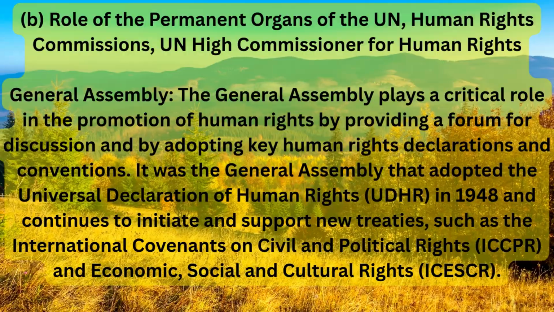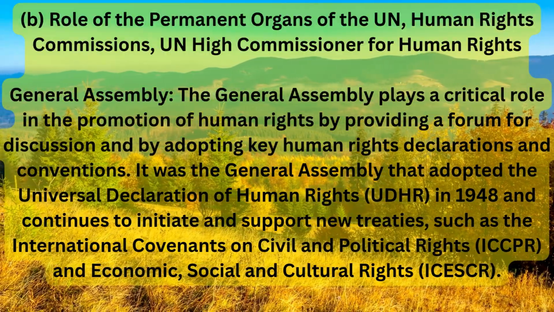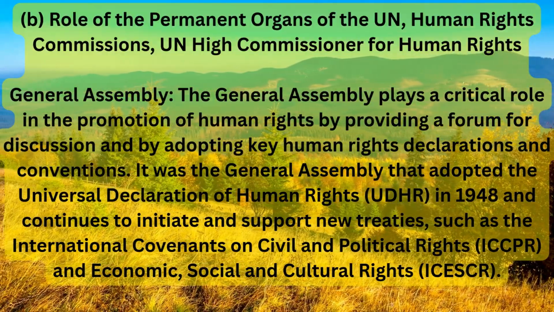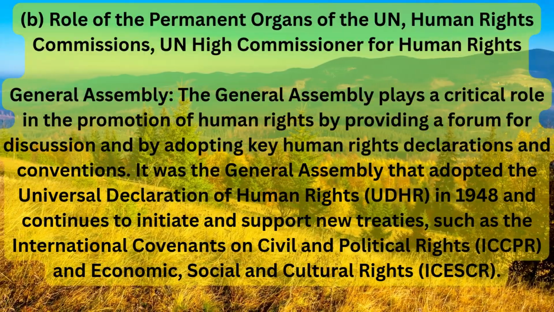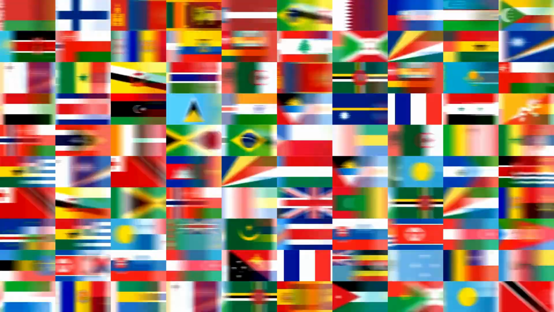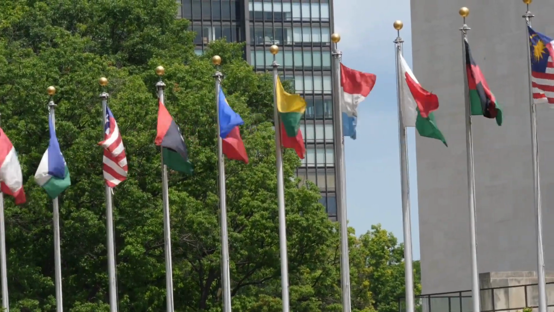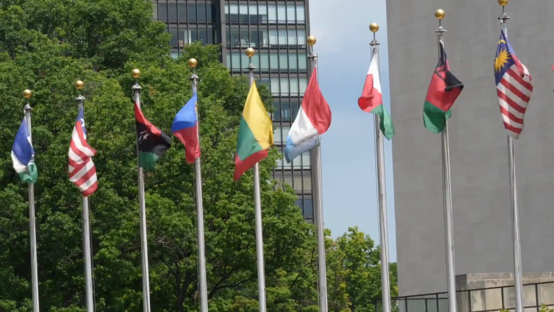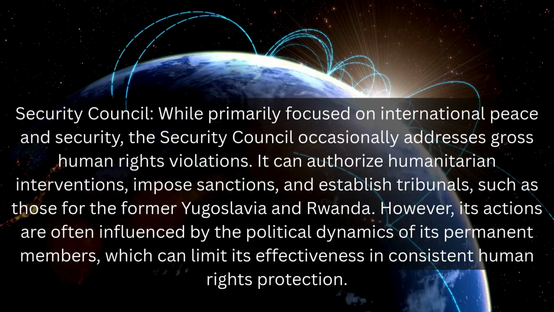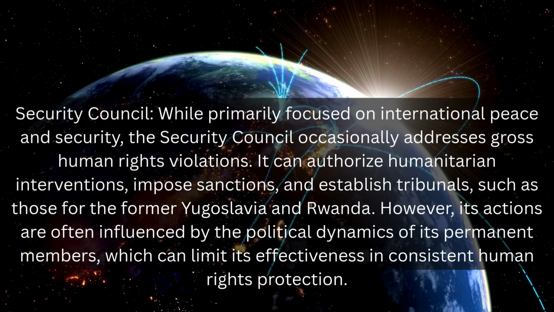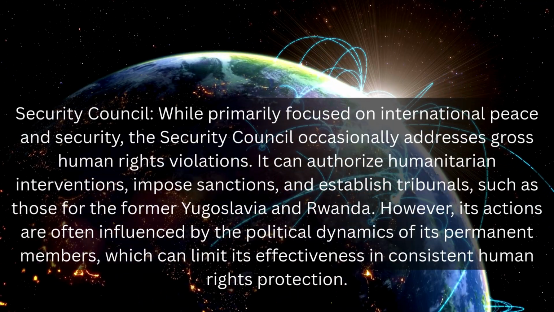monitoring and enforcement. B. Role of the permanent organs of the UN, Human Rights Commissions, UN High Commissioner for Human Rights. General Assembly. The General Assembly plays a critical role in the promotion of human rights by providing a forum for discussion and by adopting key human rights declarations and conventions. It was the General Assembly that adopted the Universal Declaration of Human Rights, UDHR, in 1948 and continues to initiate and support new treaties, such as the International Covenants on Civil and Political Rights, ICCPR, and Economic, Social and Cultural